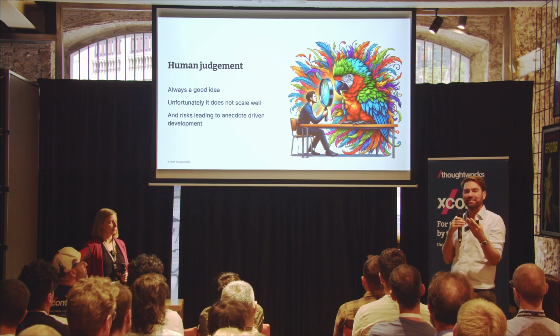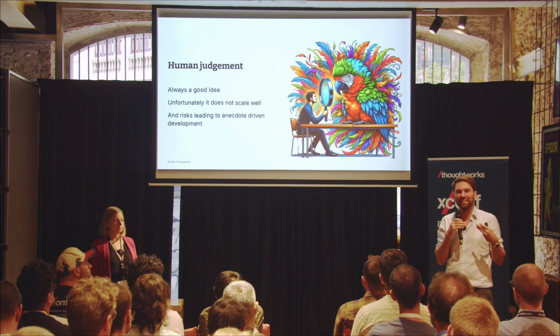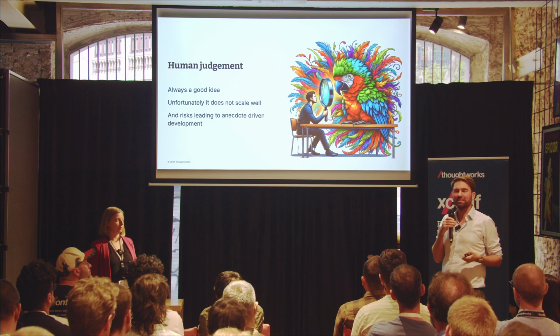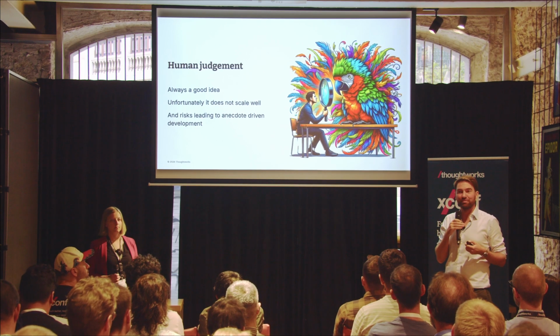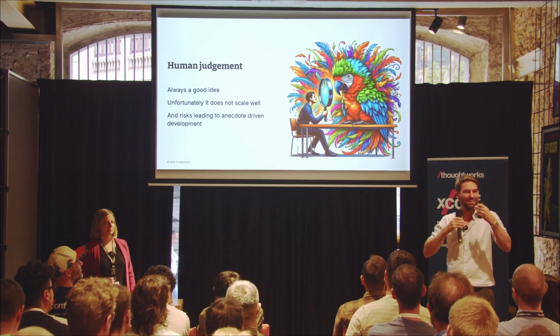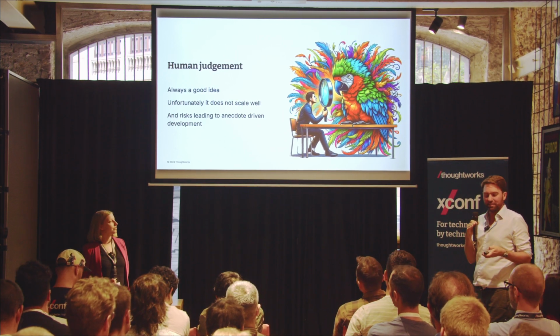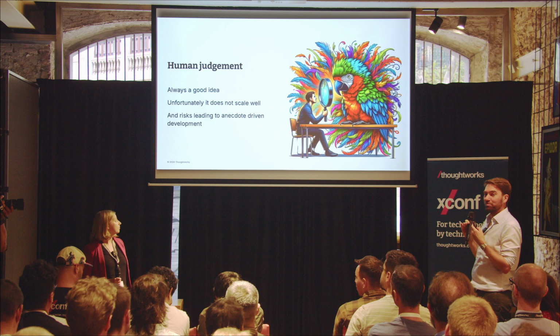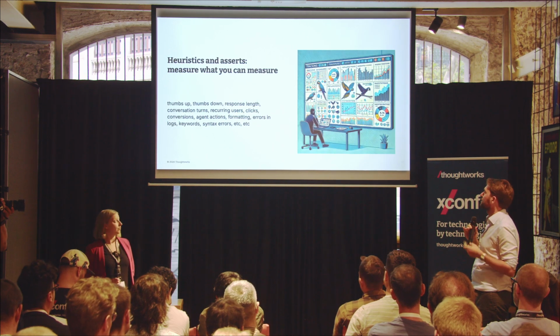For example, one senior executive has an issue with the assistant apologizing over and over when it shouldn't, and now getting rid of all these apologies becomes the most important thing. You put in the prompt "don't apologize," and then it becomes very rude instead, and you're kind of stuck. So you want to know more broadly which issues are actually important. Human judgment is very important. You should always keep doing it, but you should augment it with other methods.